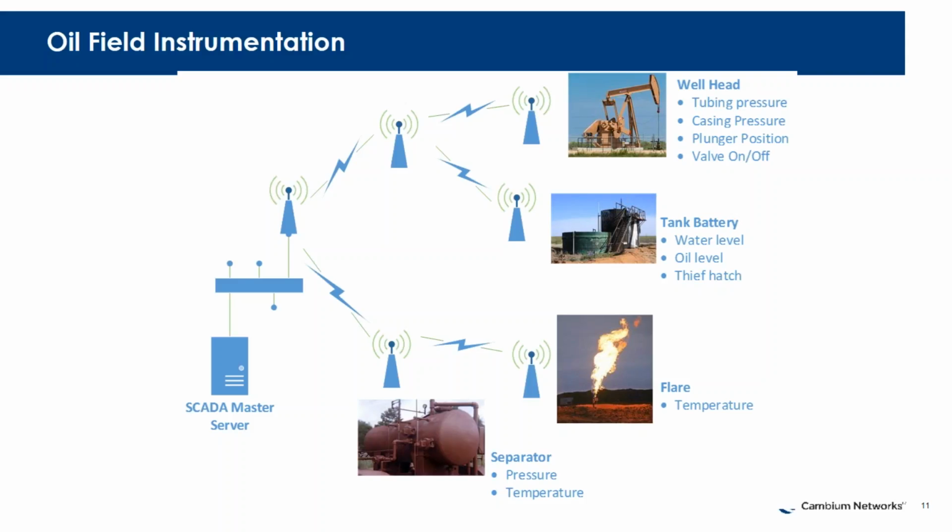All of these sensors, remember, are going to take that physical attribute, convert it to whether it's a voltage or a current or a threshold, convert that to a packet, and send it over the network. So it's going to traverse one or more hops of the wireless network, and it's going to go back to a master server, and that server has the logic to determine what to do based on all that physical activity that's happening out in the oil field. And imagine this scaling up thousands of times over, so you have very large systems of radios interconnected.